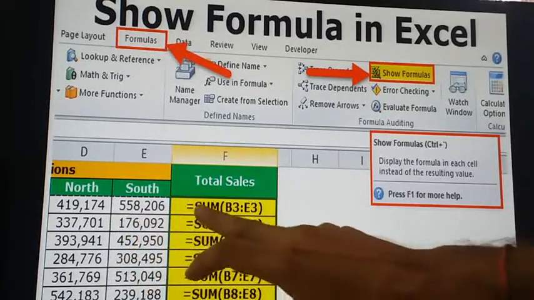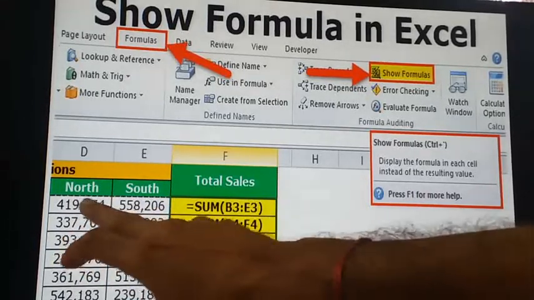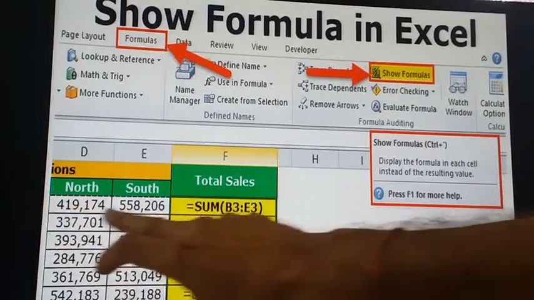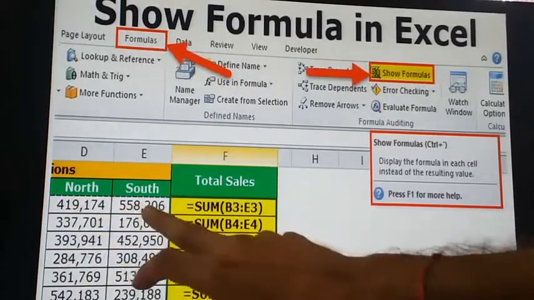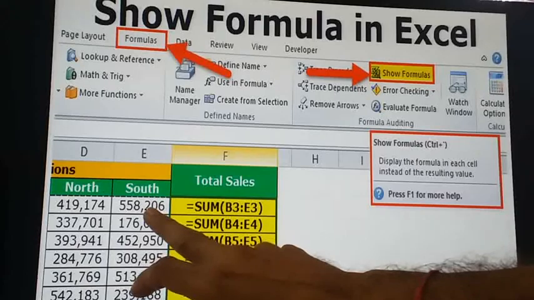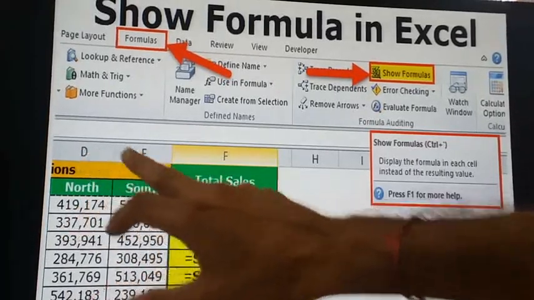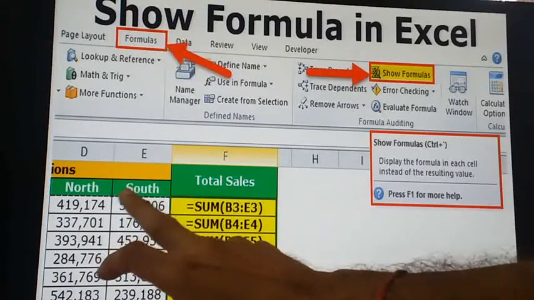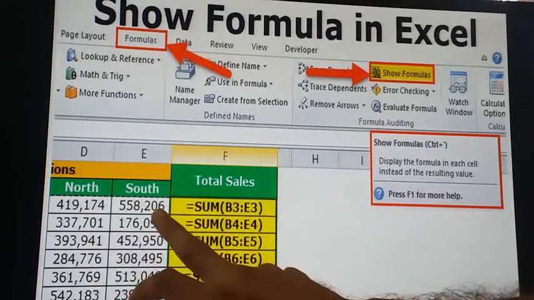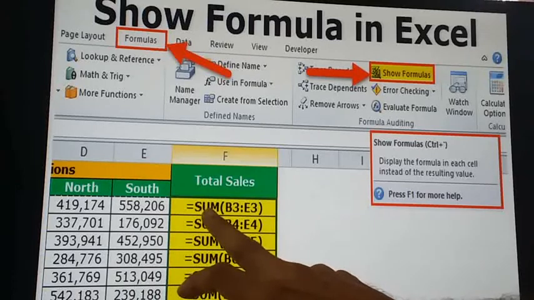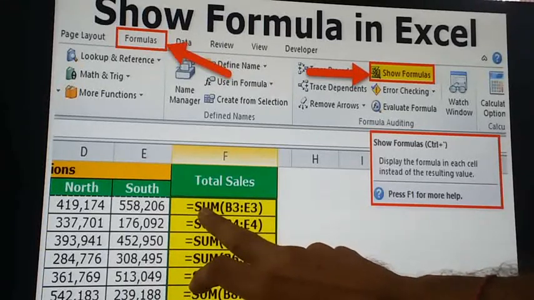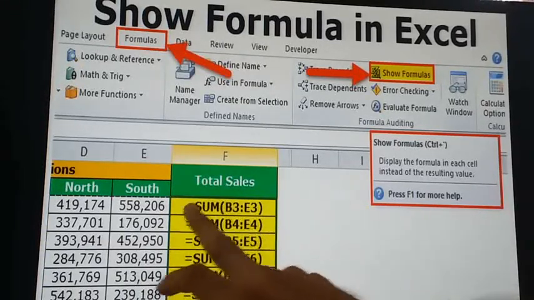So now I will calculate D3 and E3. If it is B cell and D cell and E cell, what will we write here in another cell, the total cell, to find out